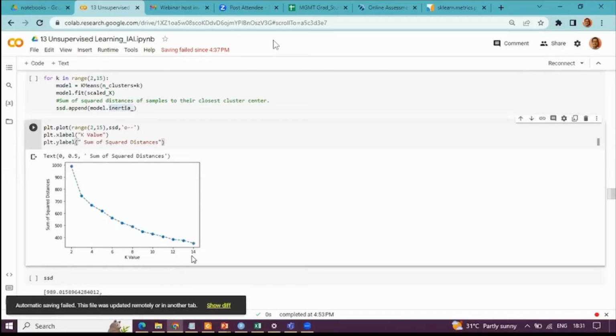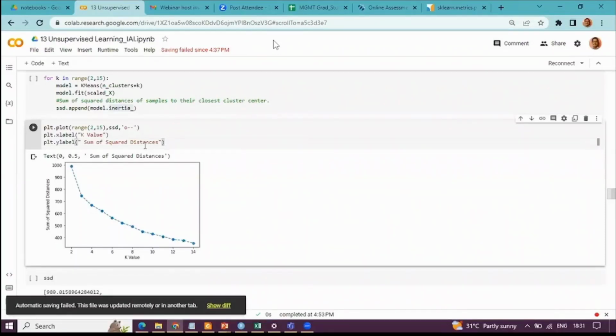Obviously, when you say 2 to 15, only 14 will be plotted. So when you are starting off with 2, you are going until 14 with increments of 1. So right from 2 to 14, we are looking at the inertia in each of the cases. On the x-axis, you are taking the number of clusters, and on the y-axis,